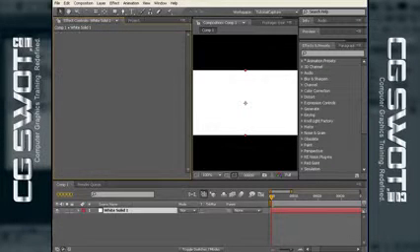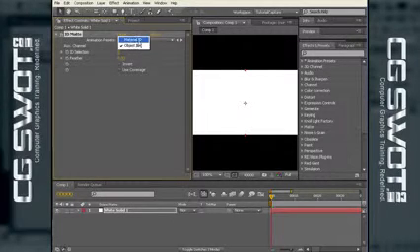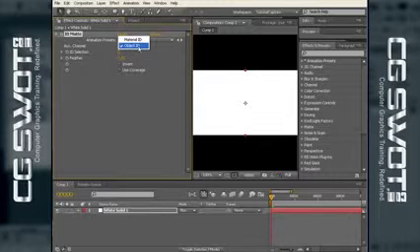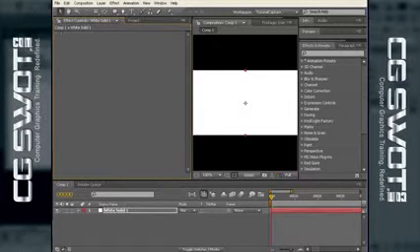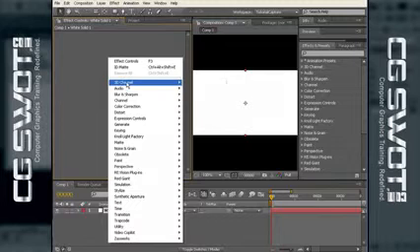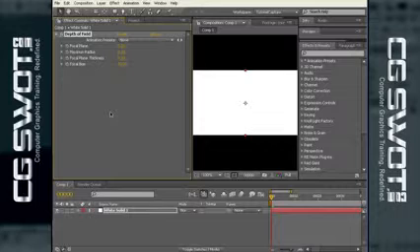Another powerful tool in that same 3D channel effects is ID Matte, which allows you to use material ID and object ID to isolate various elements within the same file, within a single file. And we'll go into that in just a moment, where we have a look at object ID and material ID. But probably the most powerful in that list is depth of field. Depth of field, which you may be aware of, is something that we can build into a 3D camera in After Effects. Well, depth of field in this scenario